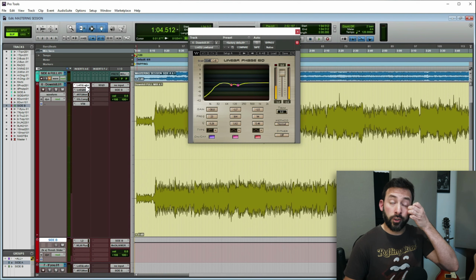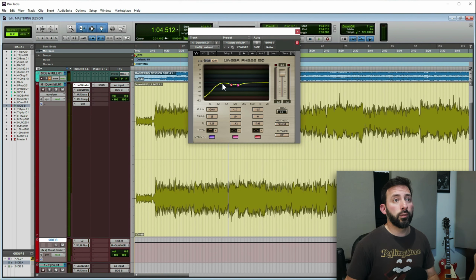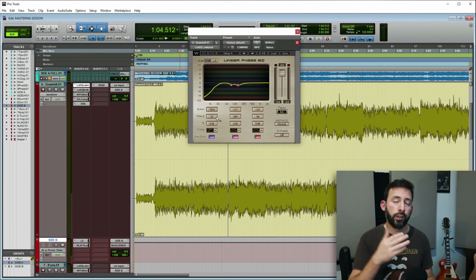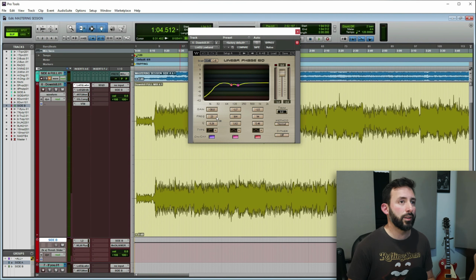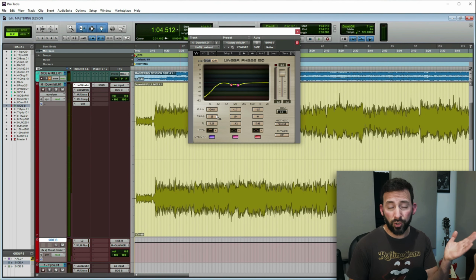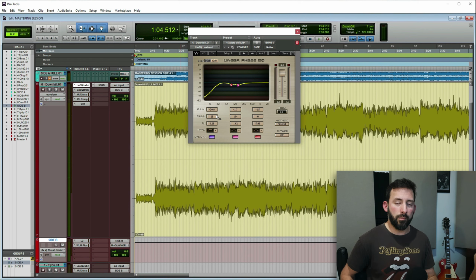So the first thing I normally do is apply a little high pass filter to filter everything below, in this case 23 Hertz. Sometimes I go up to 30 Hertz if I need, but in this case I haven't felt the need of filtering that high. So 23 Hertz is taking down all of this rumble and things that I don't need. This is rock, so it's not going to be reproduced on a very massive subwoofer probably.